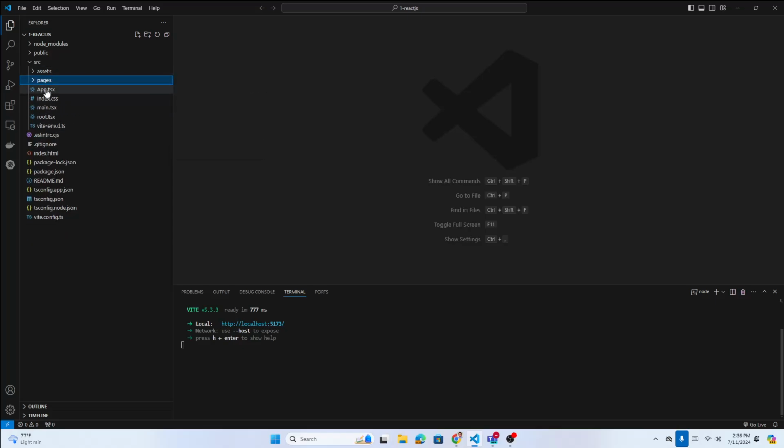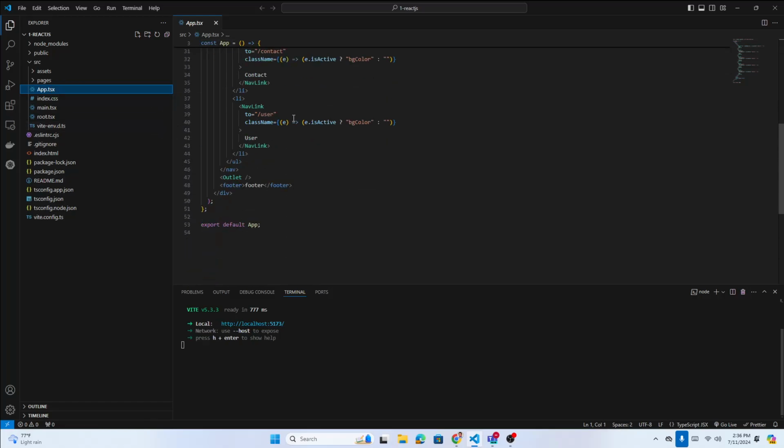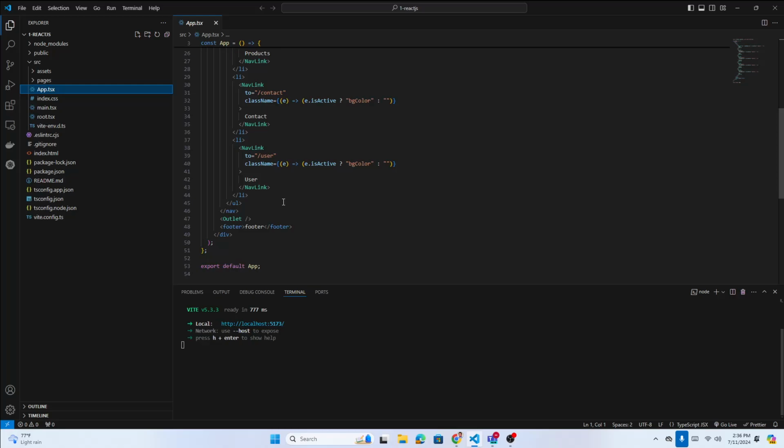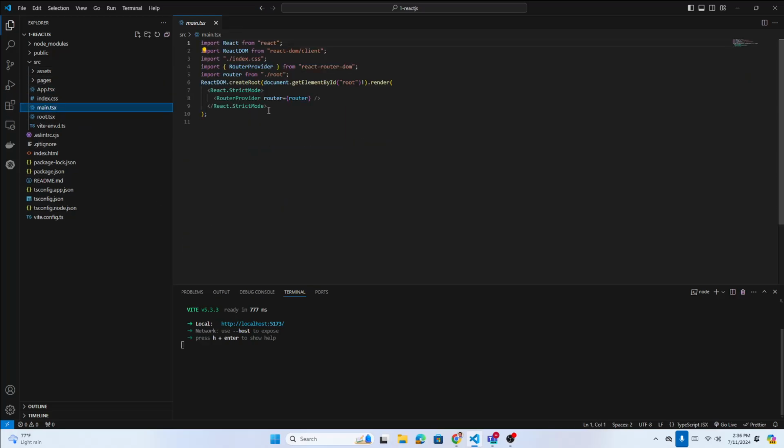Also the app, right? App is the main page here, which has nothing but basically the navigation bar, then all your children, the Outlet, okay, and then the footer, right? That app will go to the main here, right? So how can we use this context API? How, right? For example,